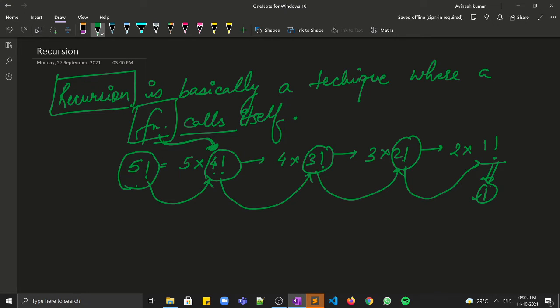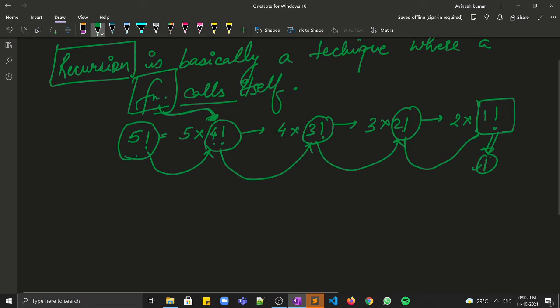Now there is a case when we need to stop calling, right? That case is known as the base case. For a bigger problem, you know the answer for the smaller problem, right? So if you solve all these problems step by step, you can reach the bigger problem. The same happens in recursion. When you call for the subproblem, it will again call for its subproblem, and a time will come when you need to make this recursion call stop.